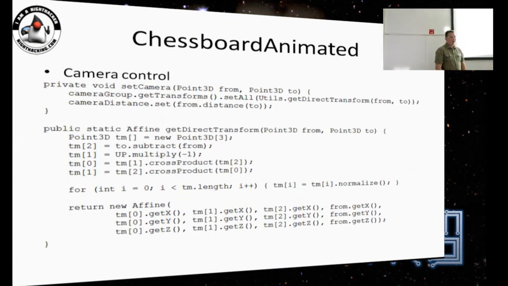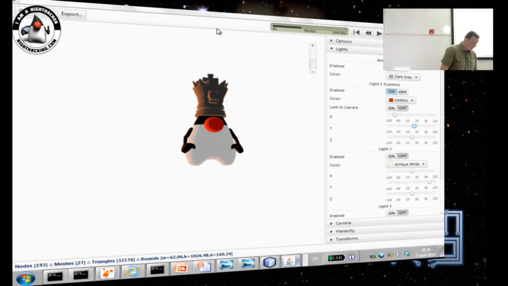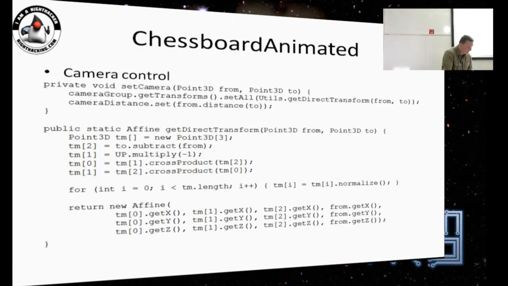Sorry, quick question. I don't want to take too long, but when you showed the chessboard the first time, the lighting was not as sophisticated. What did you change? I didn't quite follow that. You said there were 2 lights then, but what did you have the first time when you showed that? Well, actually, I just put your attention on that because the lighting was exactly the same. Oh, it was? Okay. Maybe I wasn't as impressed the second time when I saw it. But, yeah, okay. So I showed this one where we have just one light source and it looks weird, but with that demo, the lighting is the same.